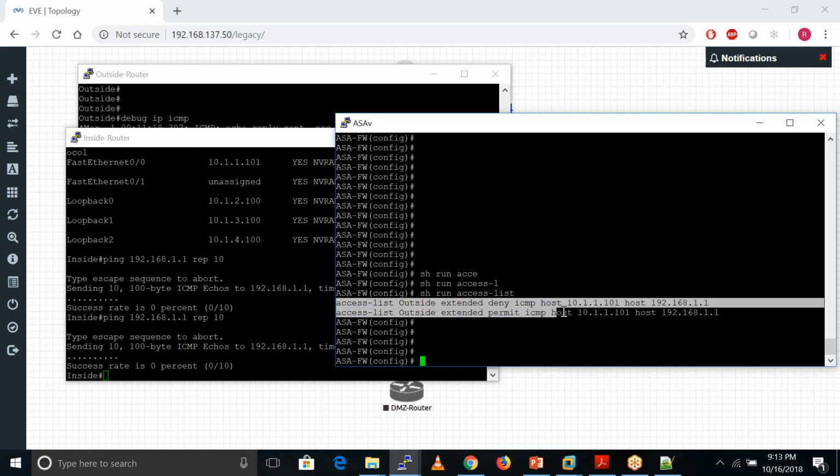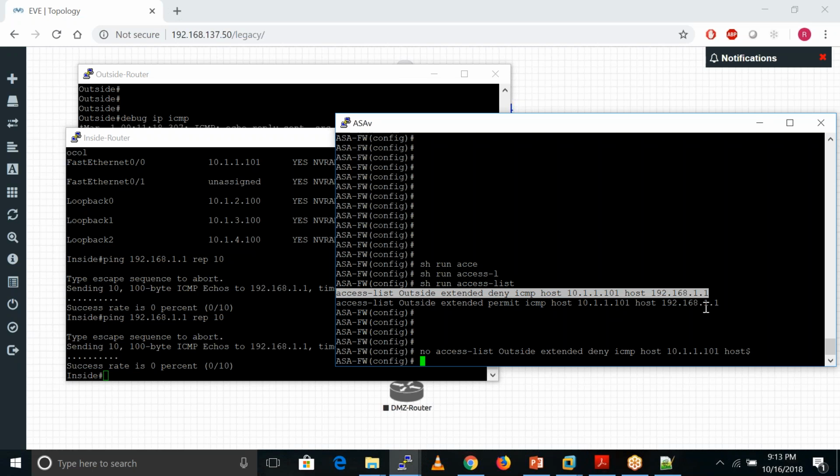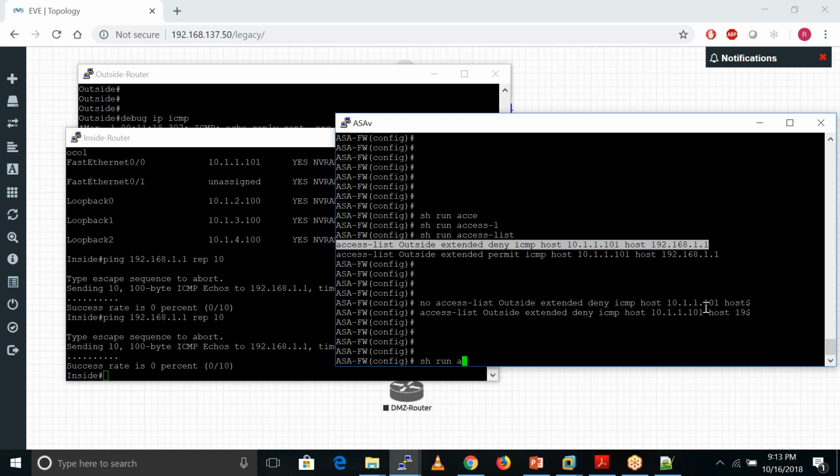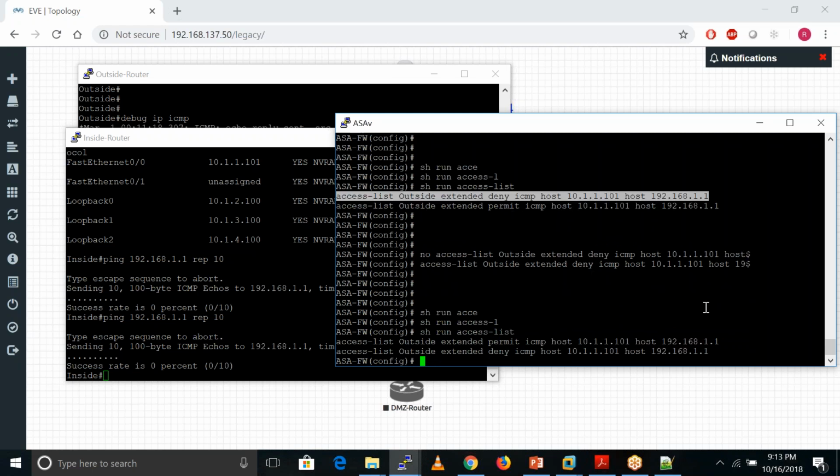If you want to allow that traffic, you need to change the order of the access list. Go into this ACL and put no to remove the first statement, then add this statement. Run show access-list. Now you have a permit statement, and after that a deny statement.